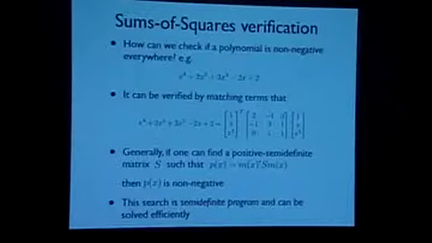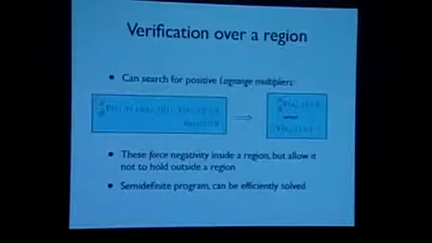And Russ mentioned as well, this also works for mixed trigonometric polynomial systems like mechanical systems. Often we'll just take a Taylor series approximation, but there are much more exact things you can do if you want. I'm going to gloss over this quickly, but if you want to look at positivity over a